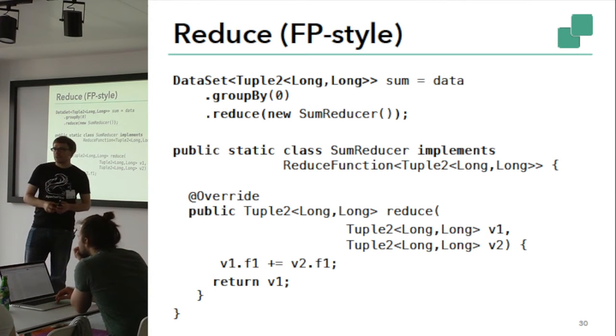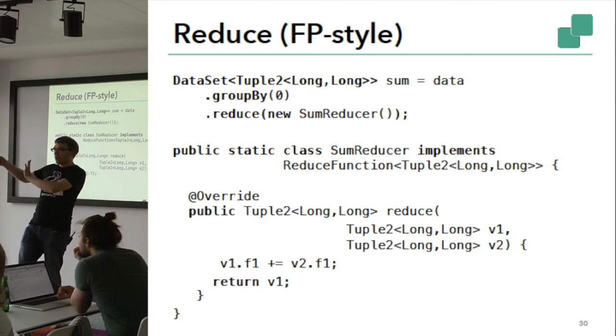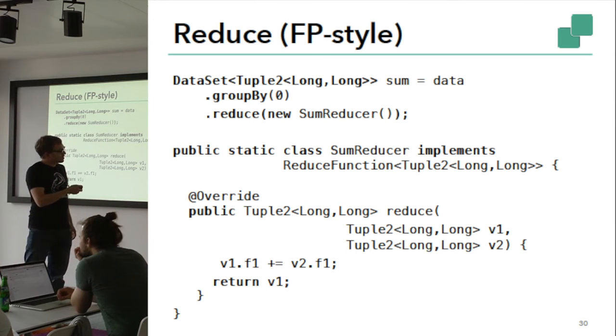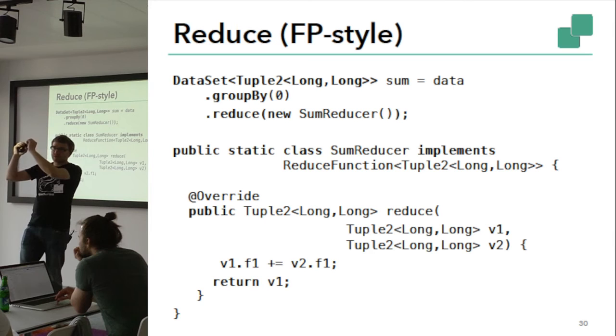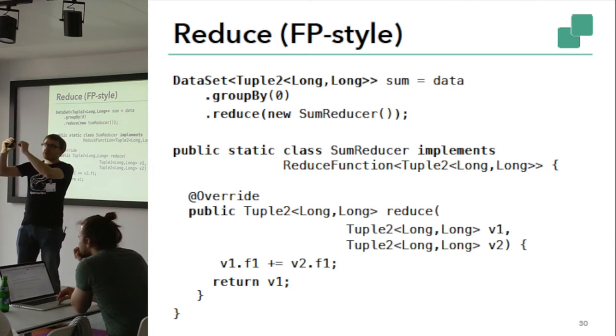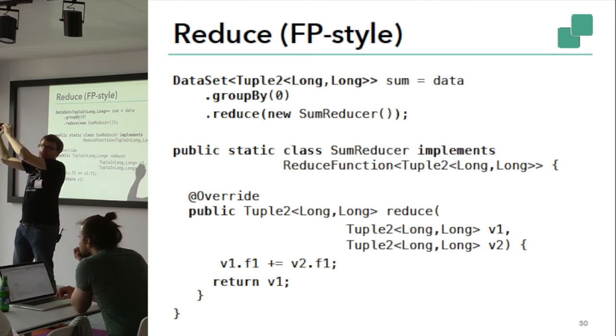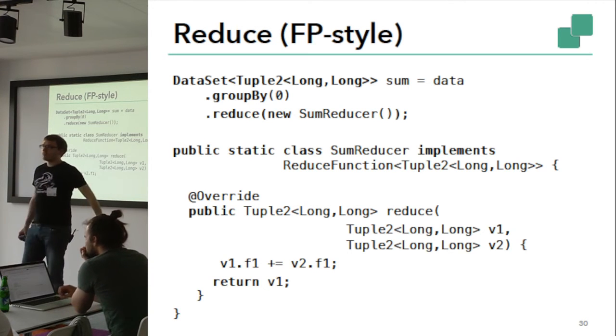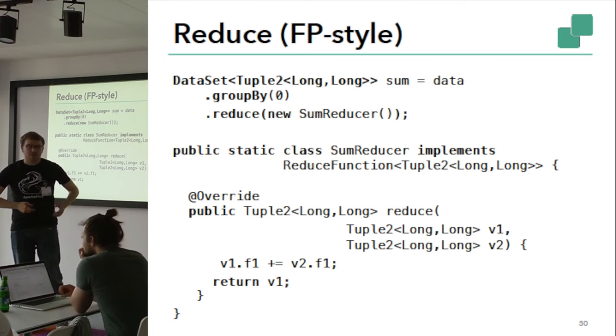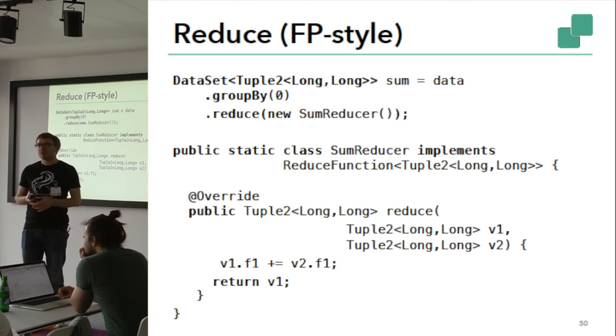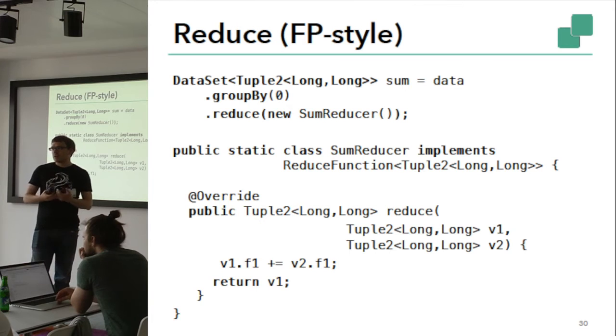So this is kind of like, if you're familiar with functional programming, combining the elements pairwise. The system internally calls this reduce function with the first value and the second value. Then you get a result value, and this method is called with this result value and the next value. The result is again combined with the fourth value and so on. So you pairwise construct your results. This is also kind of the restriction here why it needs to be commutative and associative,